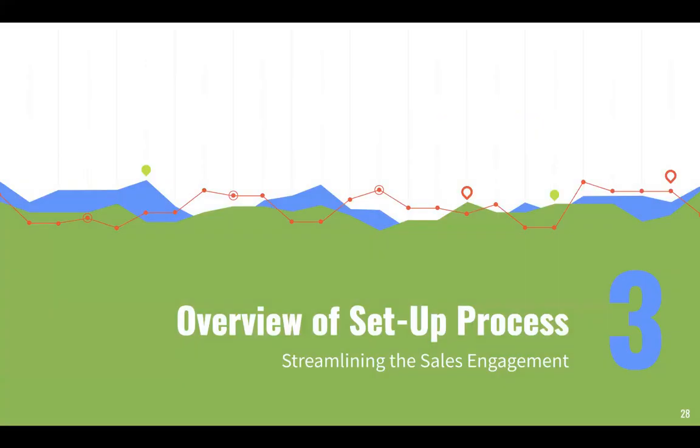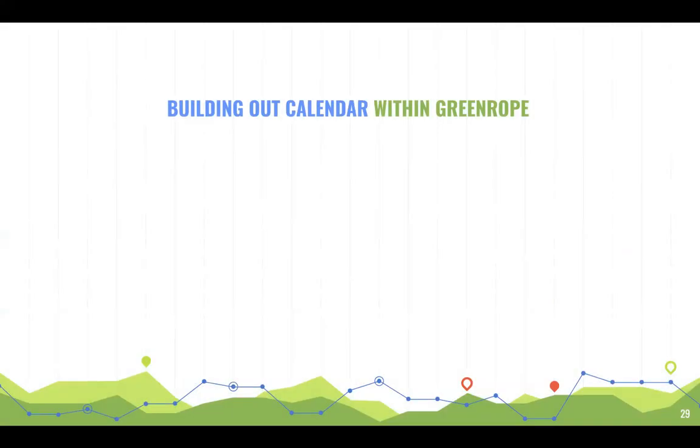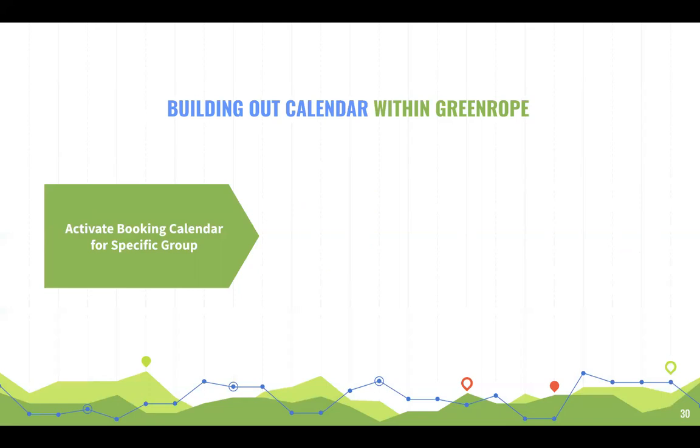Just an overview of the setup process that we're going to work through together, to help streamline that sales engagement. When we build out the calendar within GreenRope, first we're going to find a specific group to manage this calendar, and then we're going to activate the calendar for the group. So you can have unlimited groups within your GreenRope account, and you can also have a booking calendar